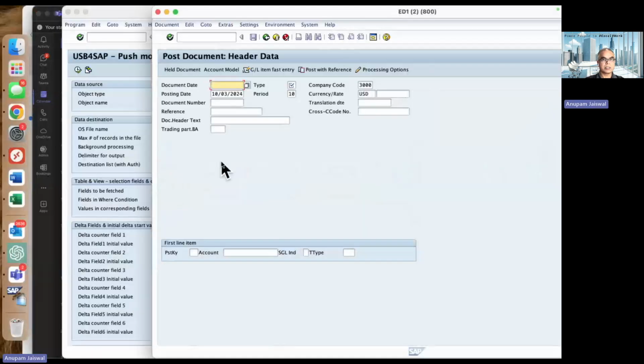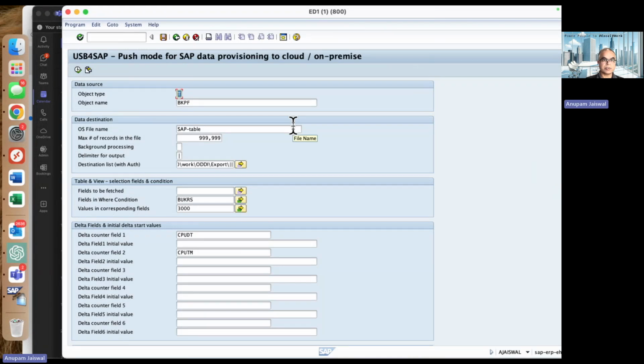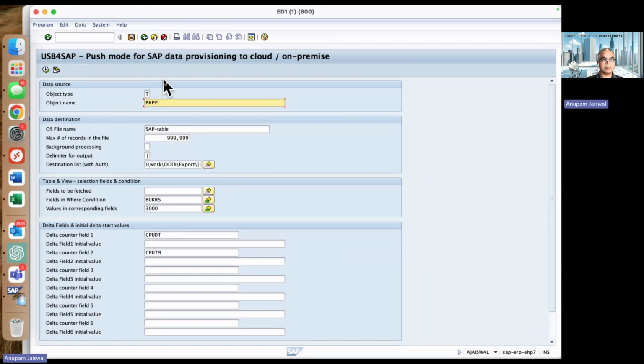Sharing my screen. We are going to use table BKPF, and here I'm going to extract records from BKPF. This is how your extraction would be set up. Basically, object type is T and table name is BKPF. We are exporting this into a file share, and we are doing this on a date and time series, where the document date and time is being used, and we are also providing filter criteria